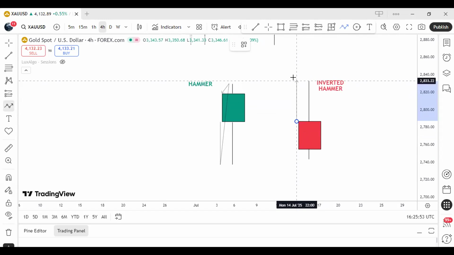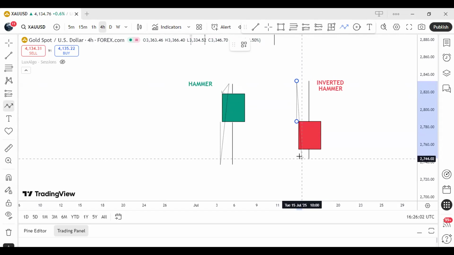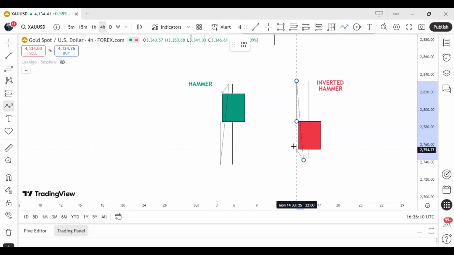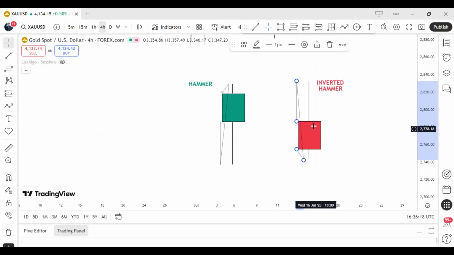By the time price got to this high here, sellers were able to reject the price all the way to this low here. So they were able to successfully reject the price from this high to this low. And then buyers came in, were able to still reject the price a little bit and then closes here. All right. So this close and this open here is the body of the candle. All right. So this long wick actually shows us that at this point,